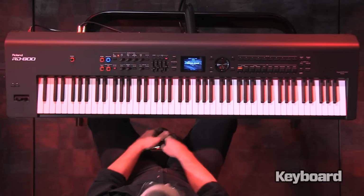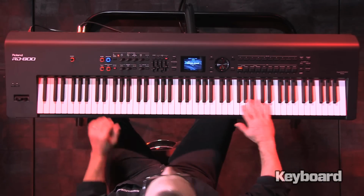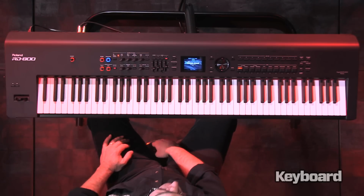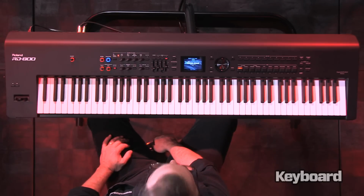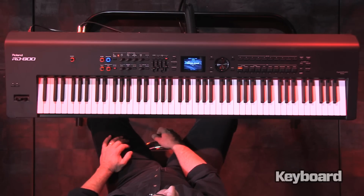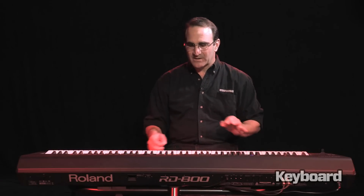Basically, you've got a brand new key bed in this thing. The key bed is weighted and balanced and feels fabulous with an ivory surface, but the main feature of the key bed that makes it different than everything else is the resolution of the key bed is over 100 times finer than anything that Roland has put out before. So you get really nuanced playing capabilities, the ability to really dig in from the softest playing note to